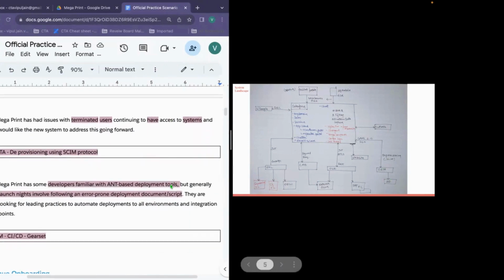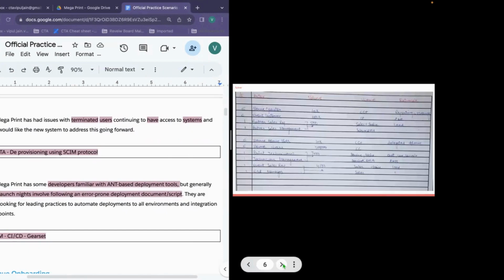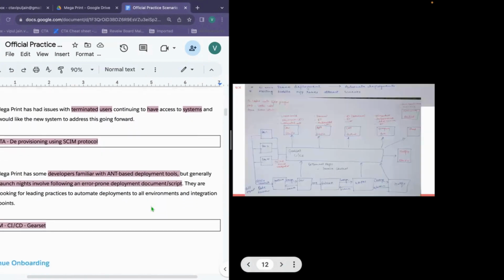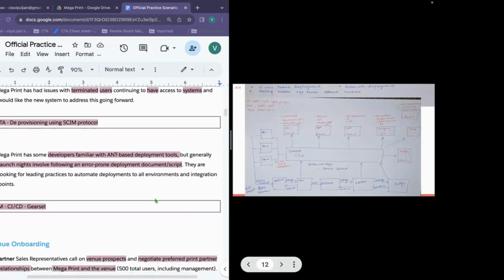Then there is a third pain point which this organization has, and it is related to deployments. They are facing issues with the error-prone deployment and scripts which they have, and they would like this process to be automated. That's where I'm proposing ALM. We'll have scratch orgs for each and every developer, and we are going to leverage CI/CD via Gearset, as well as source control using Bitbucket, and each and every developer is going to